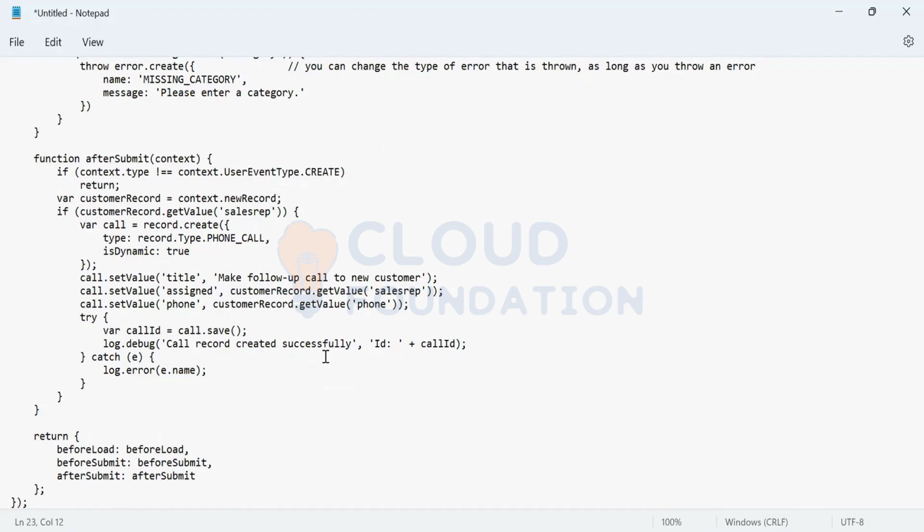Now here, if you see again what we are doing, we got the new record, and then we are getting the sales rep field value, if it is available. So we have put it in this if condition. If the sales rep field value is available, record.create API. Now, record.create API, where record type is phone call, dynamic is true,